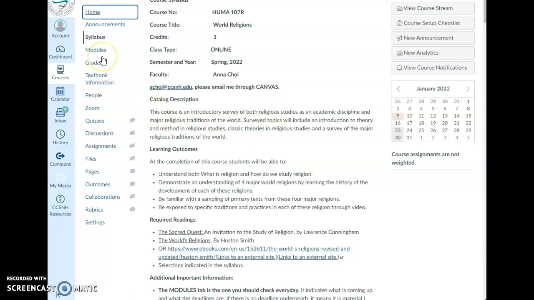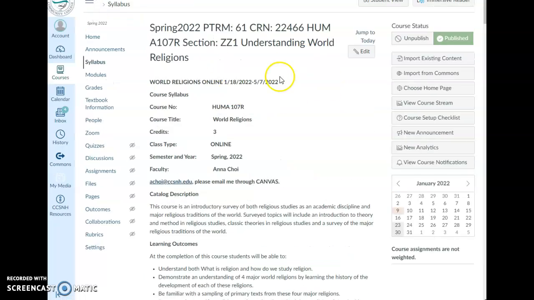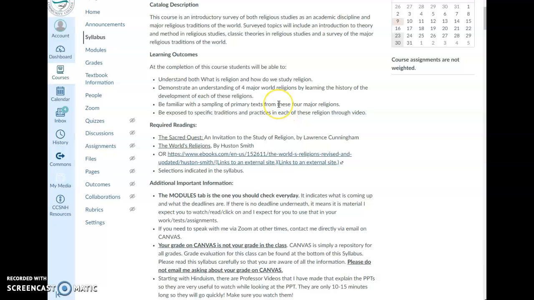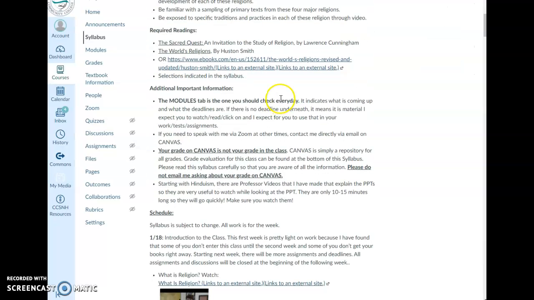Okay, so on the home page, we have the syllabus, right? You're going to be exposed to Hinduism, Buddhism, Judaism, and Christianity, and also an introduction to what is religion, right? So your required readings are this book, The Sacred Quest, which should be